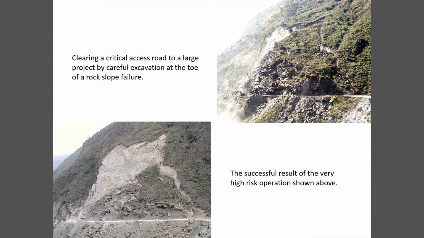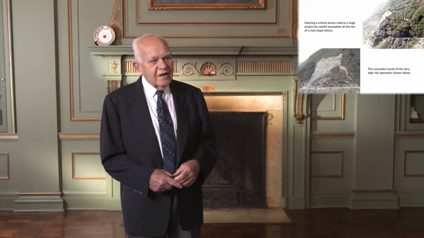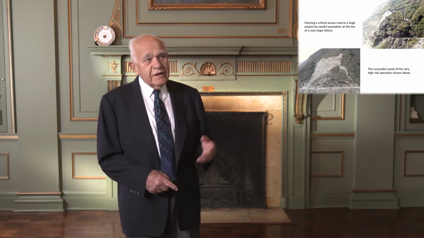Here's another situation of extremely high risk and extremely high consequence, and it involves a landslide on a highway in the Himalayas. And you'll see on the upper right the landslide just after it occurred, and the only solution there was to have somebody mine out the toe of the slope. And so the arrow shows a little backhoe working its way gingerly across the slope and taking out the failure. That is an extremely high hazard occupation, and it's one you wouldn't normally do. But think, how else would you do it?